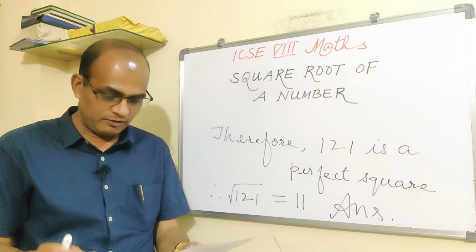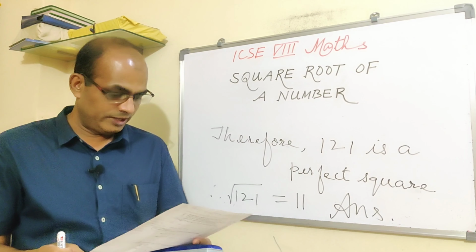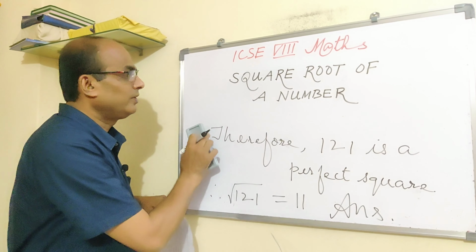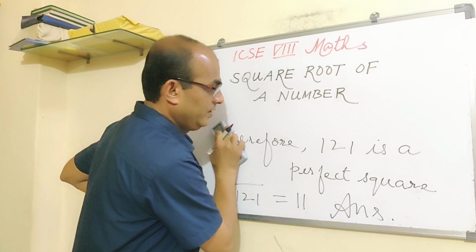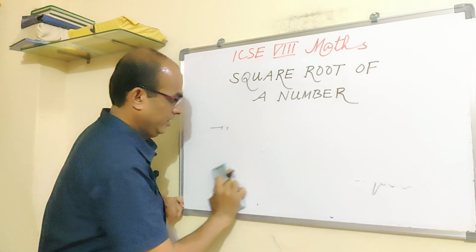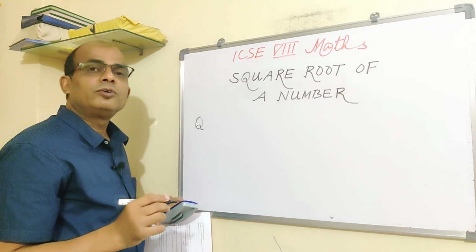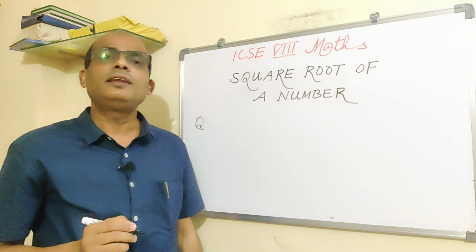Okay. Now one more question, you please do. Write down. Find out the square root of 81 by the same method. 81. The next question is, find out the square root of 81. No, 81 or 64. 64. Alright. Or if you want to take a smaller number, then 25 or 16. Very simple. A very simple number. We are taking 16.